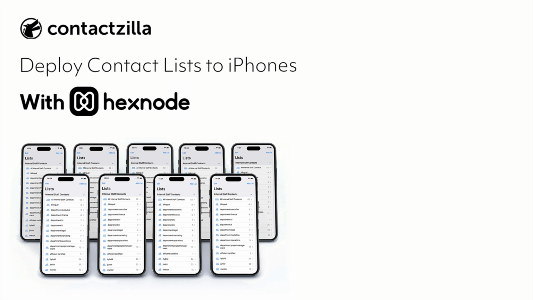Hello, today we're going to deploy a shared read-only contact list to iPhones using Hexnode. Hexnode is a unified endpoint management platform that lets you manage multiple device types from one console, not just iOS and Android, but also desktop platforms like Windows, macOS, and even Linux, and more specialized device types such as Vision OS and Fire OS. In this video, we'll focus specifically on using Hexnode to roll out a managed contact list